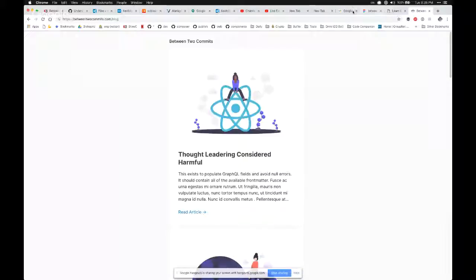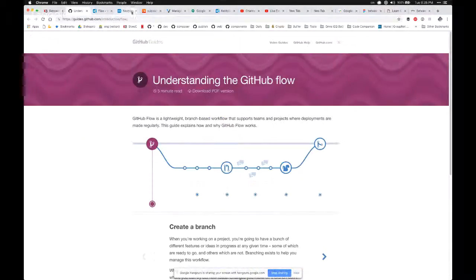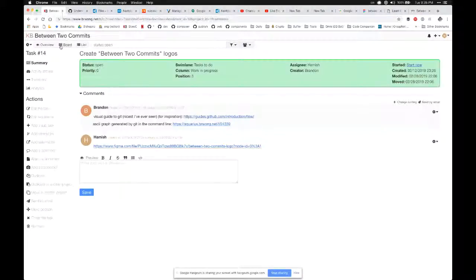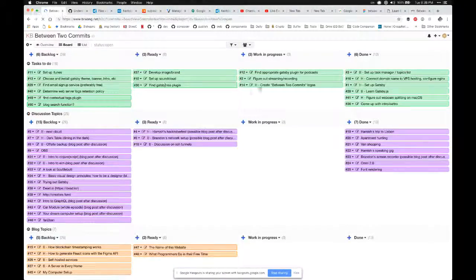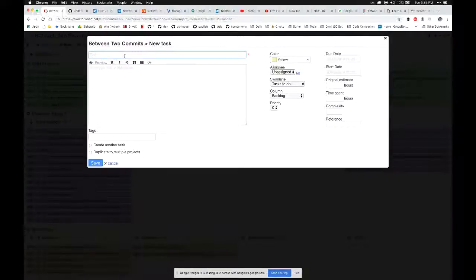So what do we think in terms of hierarchy for the site? This is probably on our board, I don't remember if it is. We've broken down some of the stuff a bit more, but maybe we can just say in the backlog, pages for, so maybe we could do something like homepage, right?